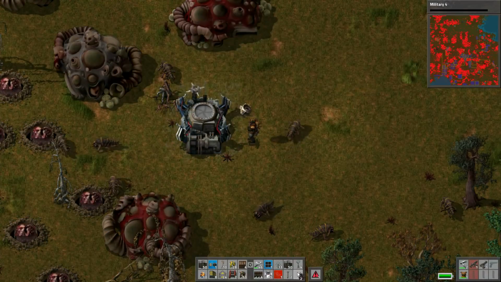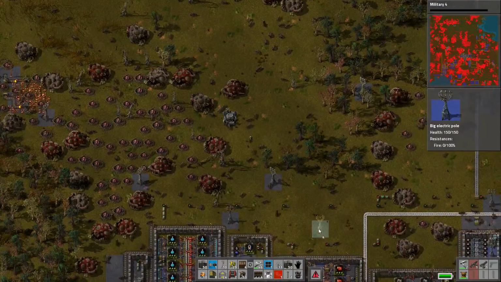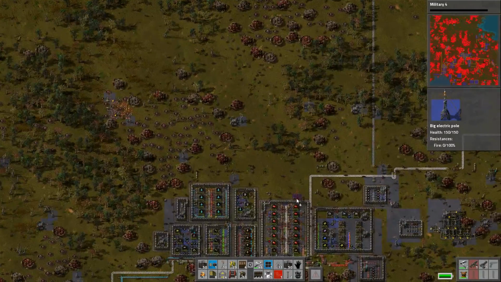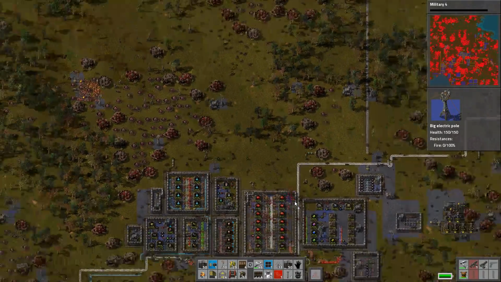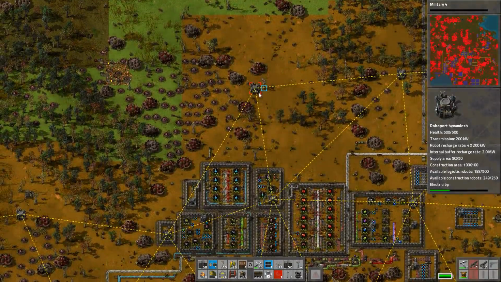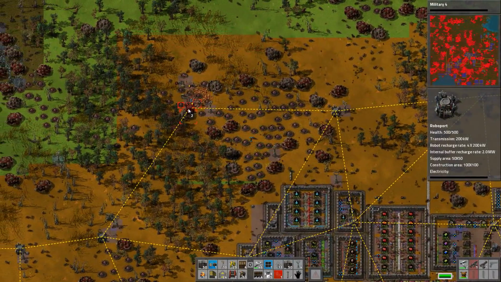There we go. Okay, and... oh, there's actually power poles right there. We could probably just shift this up to here. I don't know what I disconnected for a second. It was probably fine. There's quite a few redundant connections in the area. Right, that's that. And we just need to put another one in over here, try and connect it up, but